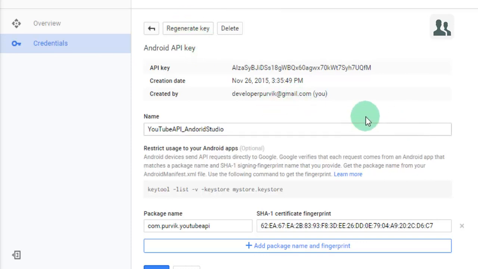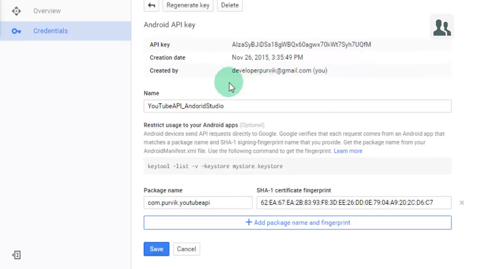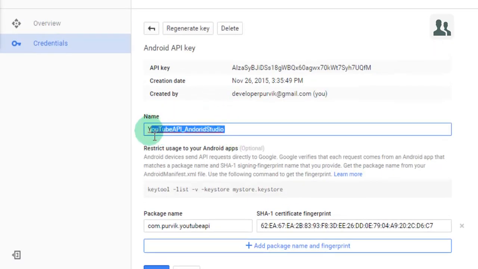So I have already registered this particular thing over here, as you can see, it will look like this. Whenever you register your application, it will ask you for the name of your API, by which this pair of the SHA key and the package name will be referred. So I have given it as YouTube API underscore Android Studio, and the package name that I have given is